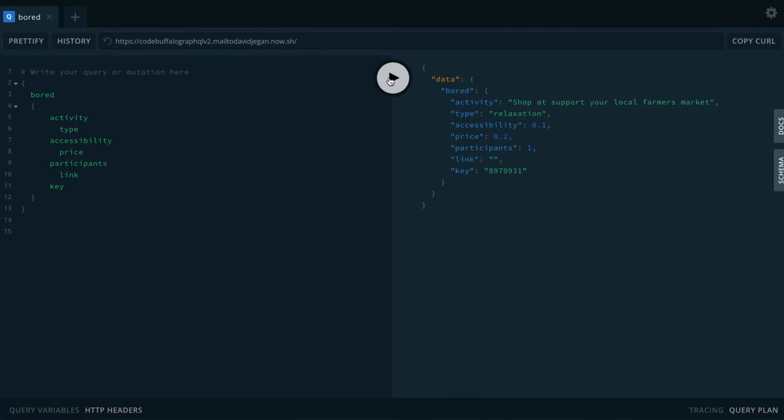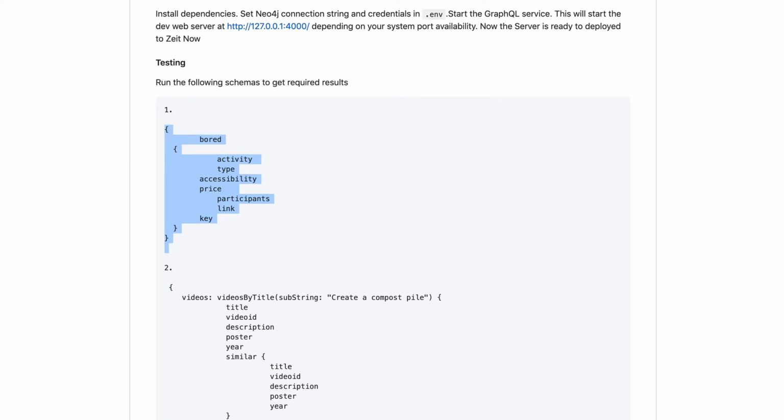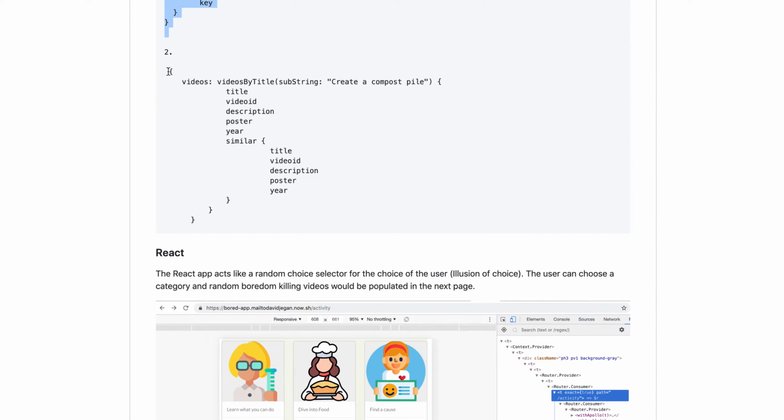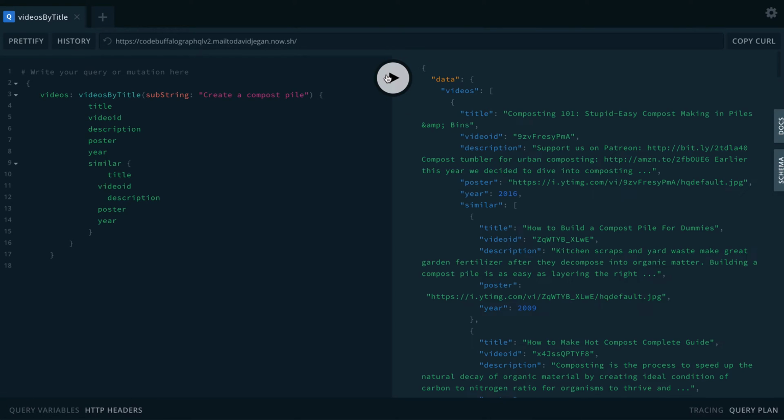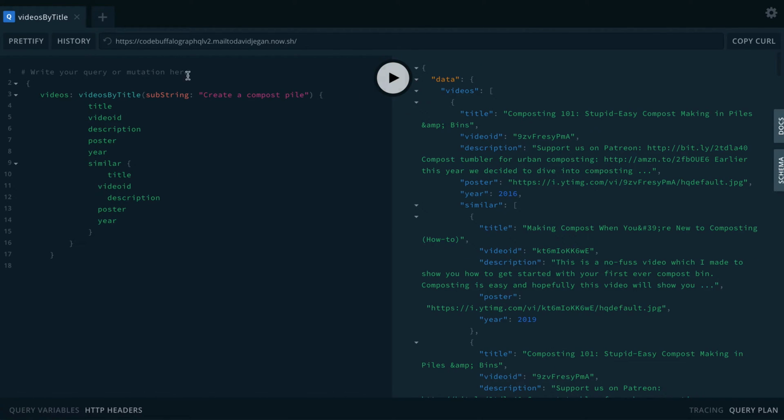So as you can see, there is data being populated every single time, and each time it's different. Again, I can do the same thing over here. Awesome. So this is that,